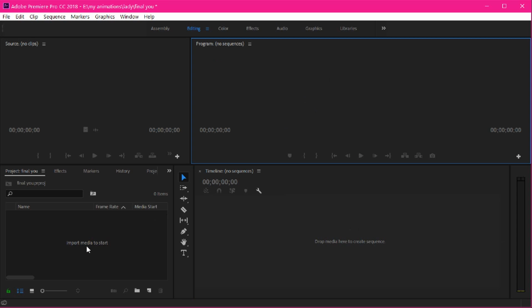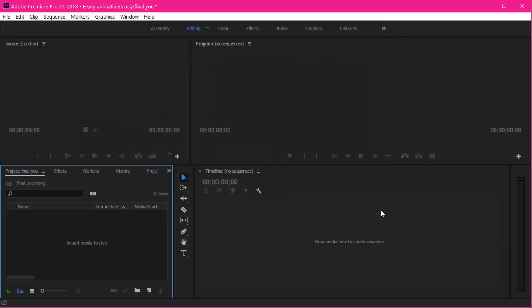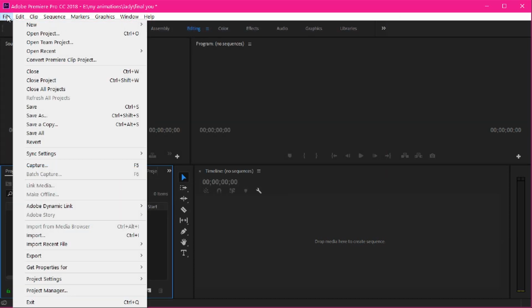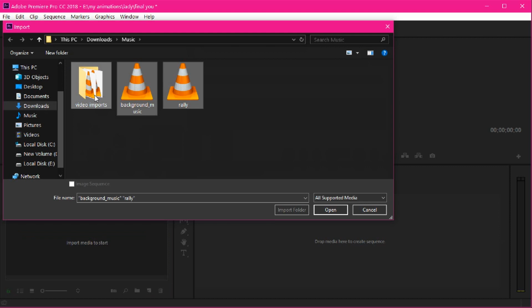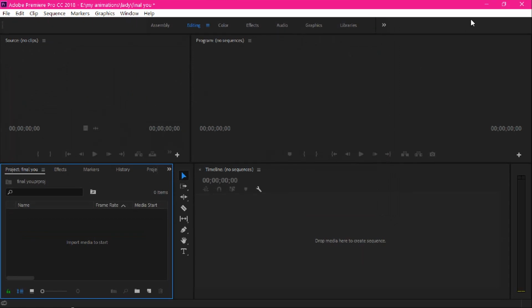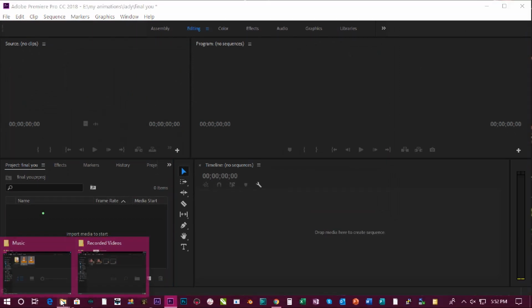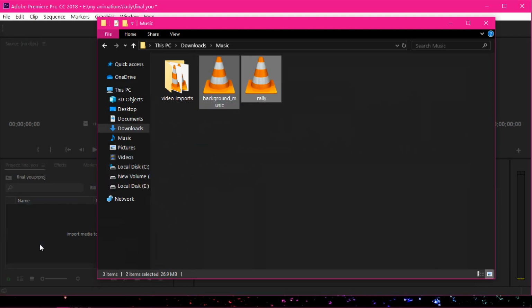So hit the import there, then go to your file manager, then select the videos, hit open. For now, let's go with cancel. Another way is by going to File, Import, use Ctrl+I as a keyboard shortcut, then go to your files, select them, hit open. Let's go with cancel again, and the third is drag and drop, and this is the one you are going to use. So go to your file manager, drag your clips into the project bin, and with that done,